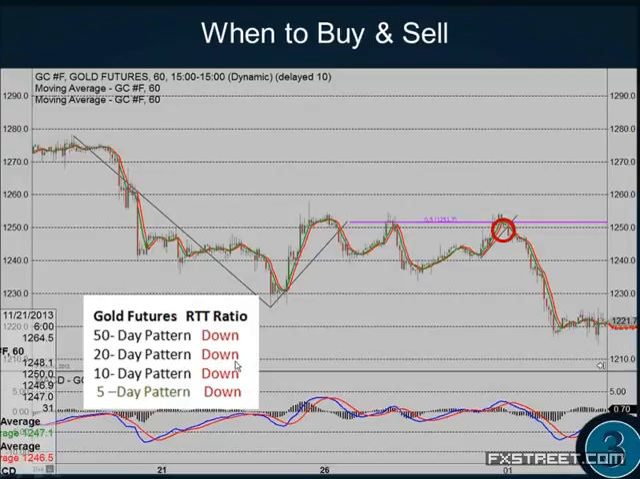Now, when the majority patterns are up, I'll buy gold. Okay, I'm buying dips then. But until that time, as they are, just keep selling rallies in gold. As long as the majority of your patterns are down, you just keep selling rallies in gold, and you get